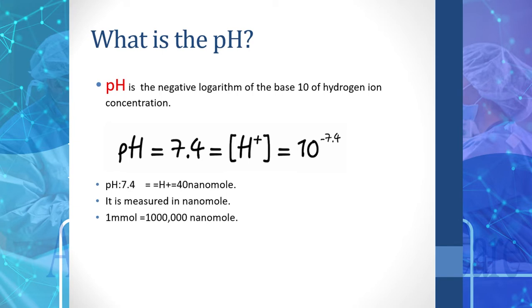First of all, you will see the pH in the EBG. What is the pH? pH is the measure of the amount of free hydrogen ion in the plasma or in the solution. Why are we not measuring the hydrogen ion directly, which is what we want? Because it is present in a very tiny amount, and it's very hard to measure. Another reason is that it's highly reactive and has a very big effect in a small range. So it is measured on a scale,